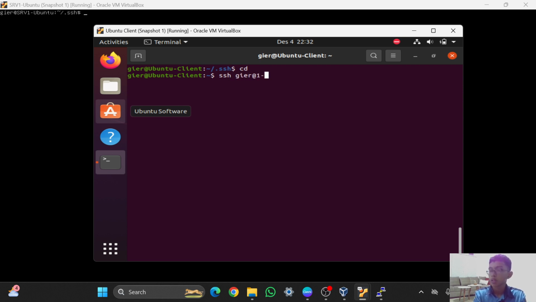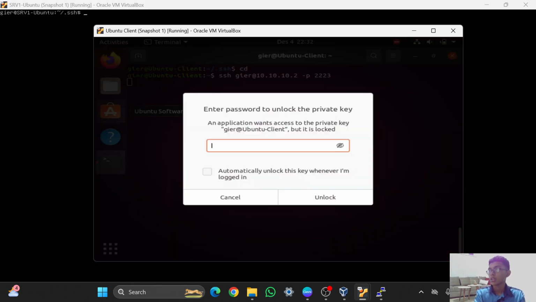I will try to remote the server one first. It is the IP, and then don't forget the port, which is 223, and enter. We can log in, and it shows to enter the password to unlock the private key. It is the passphrase that we configured before.